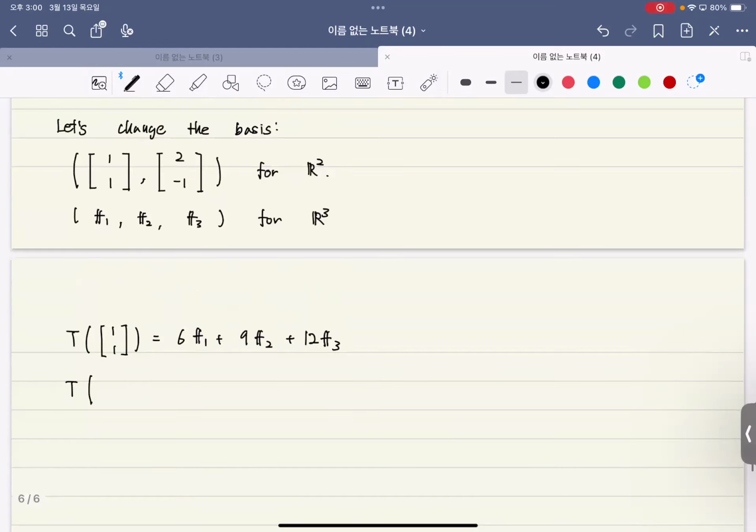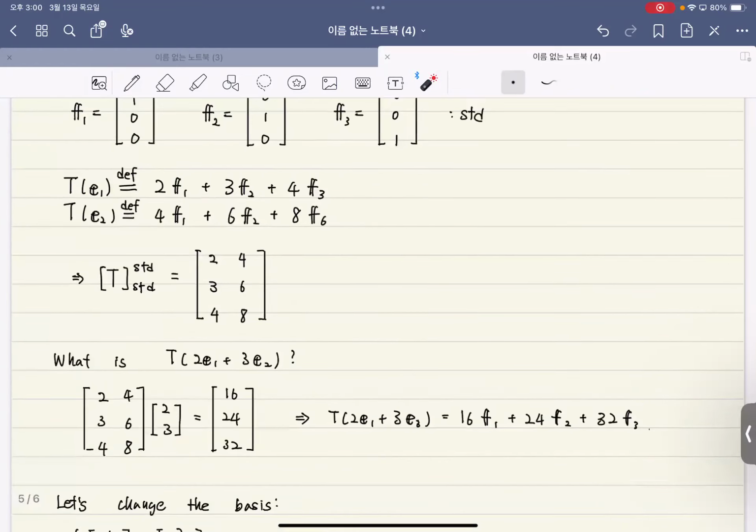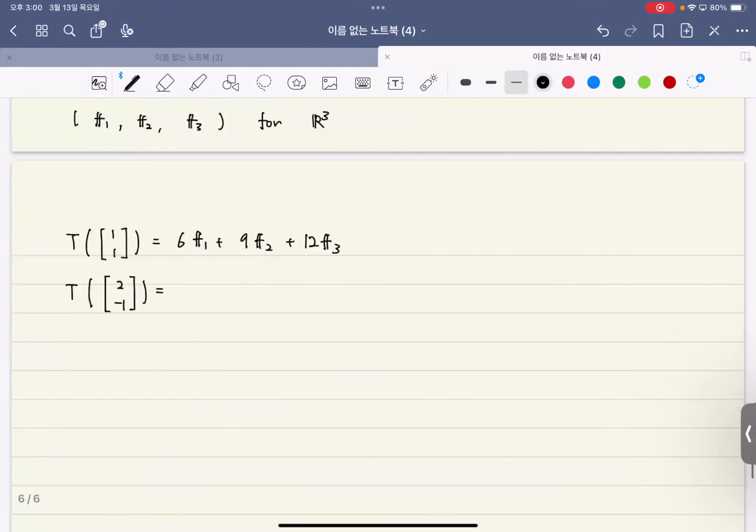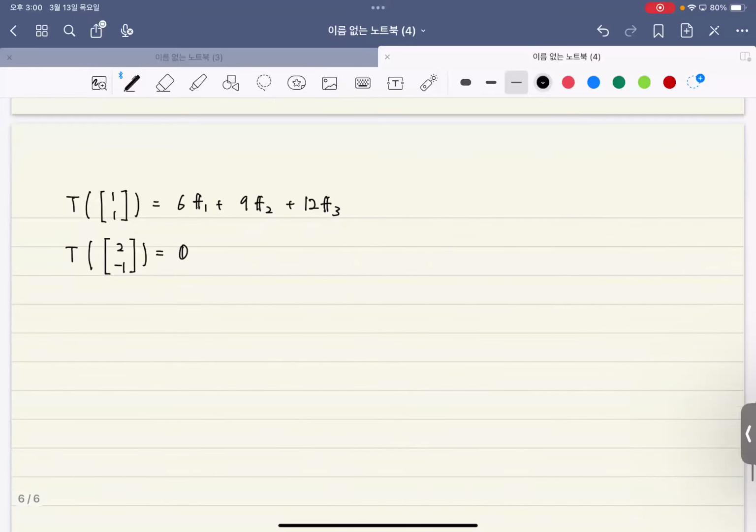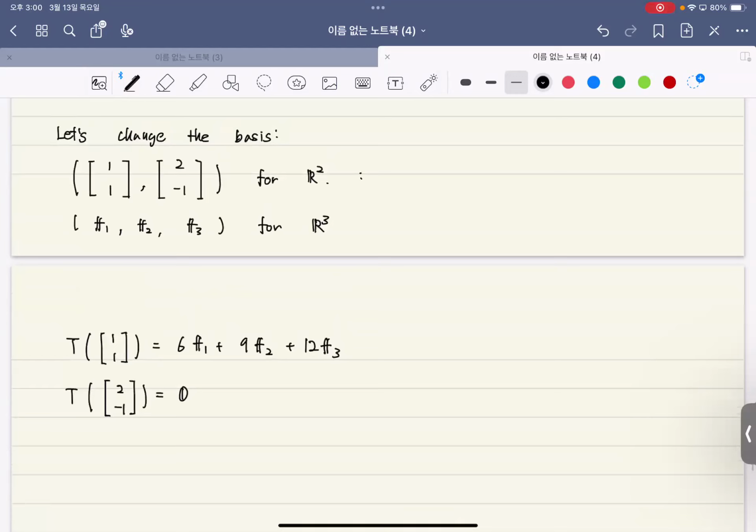And what about the image of this vector? 2 times the first, 2 times this minus. Oh, this is the 0 vector, right? Okay. Now, do you think you can write down the matrix representation of the transformation using this basis? Yeah, I guess you can do this. I'm going to say this is my